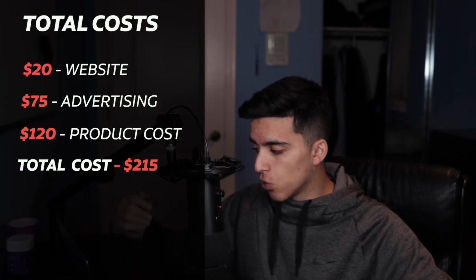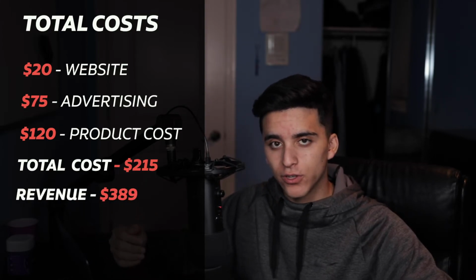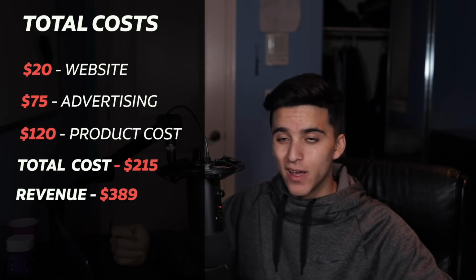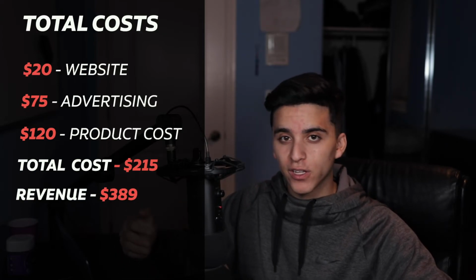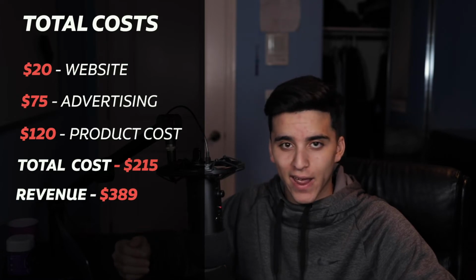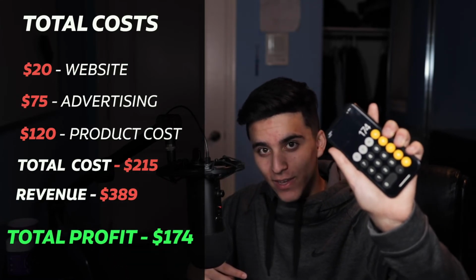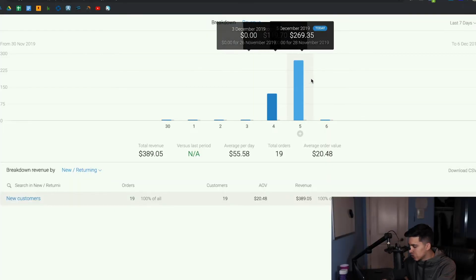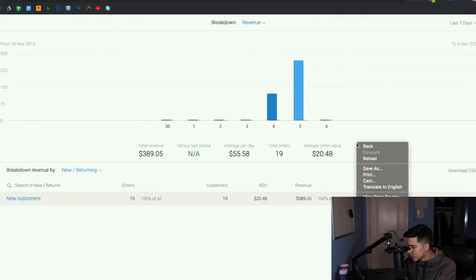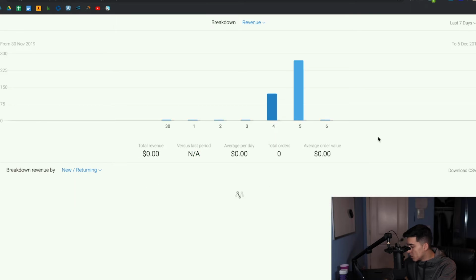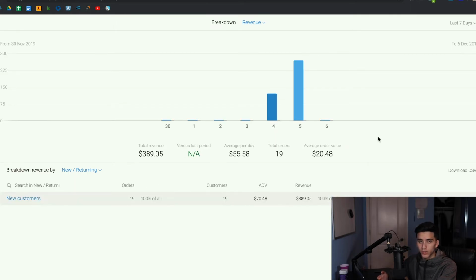$215, and we made $389 total revenue. So minus 389 by 215, you get our profit in total over the last pretty much day and a half, which is going to be $174. And yes, I did have to calculate that. For everyone who thinks this is a screenshot, obviously you see me going through the screen here, but I'm just going to go ahead and refresh it as well. I just started actually using this plugin too. It's for WordPress, WooCommerce. If you guys use that, definitely go ahead and use Trello. There you guys go. That is the actual results.